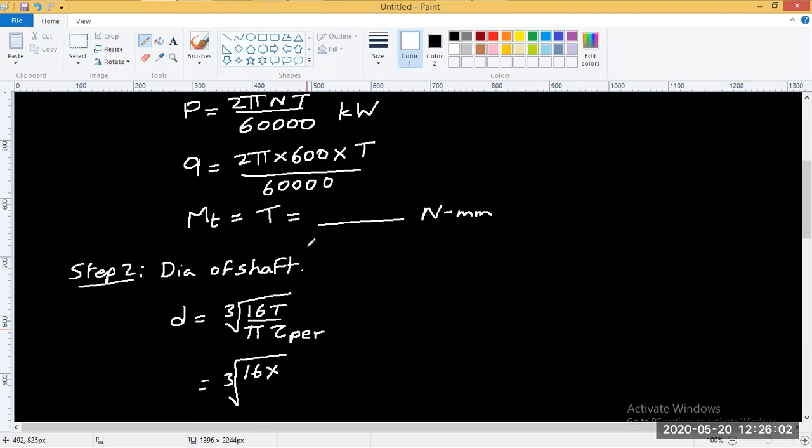14329. So if you got the same answer, so this is 14329. So that much. 1432. Oh, no, sorry. 14329. This is in Newton mm. Let's use that here. 14329